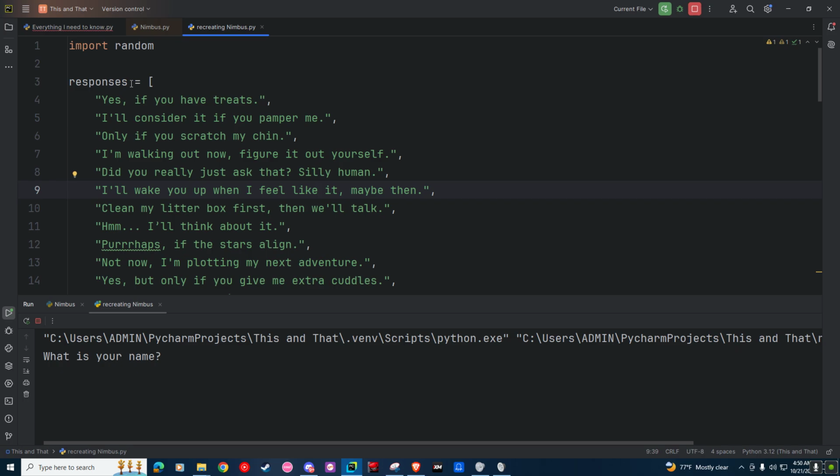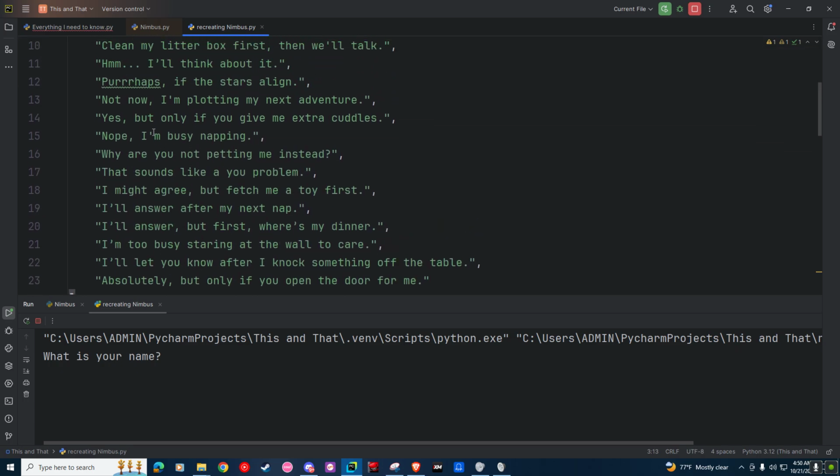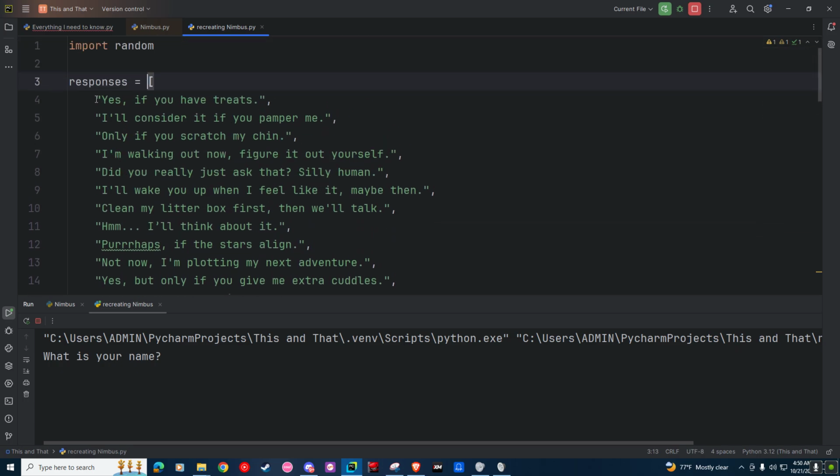So what's happening here is that I have defined responses to carry, inside the brackets, all of these strings, different texts, separated by commas. Now, I did ask ChatGPT whether a space from the space bar is actually necessary here, and it said no. Separating them using a comma is already enough.